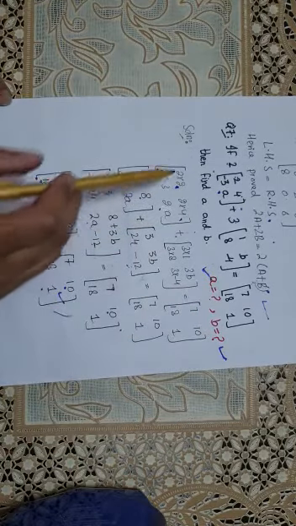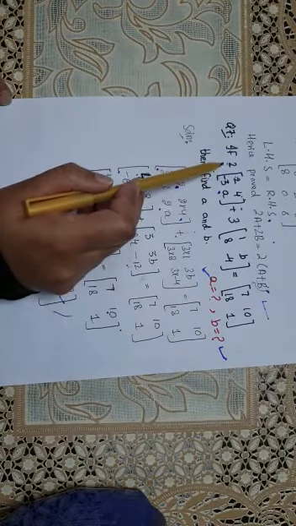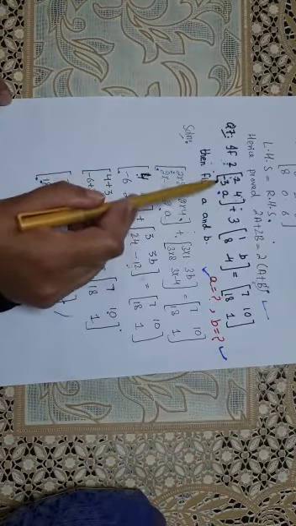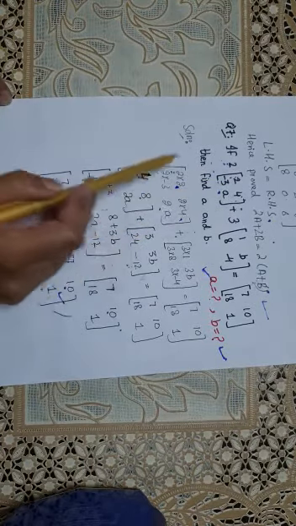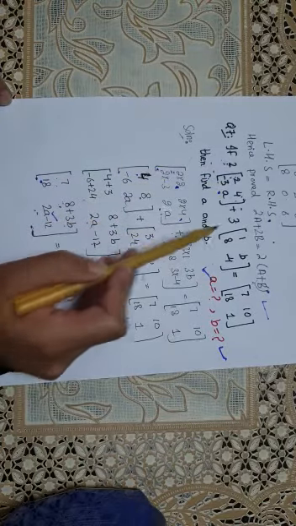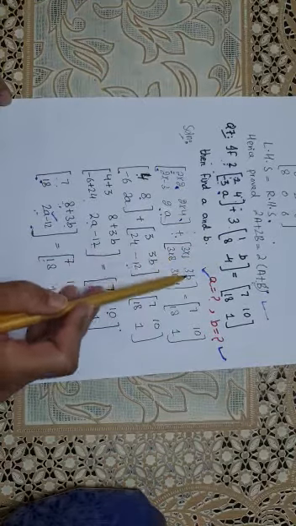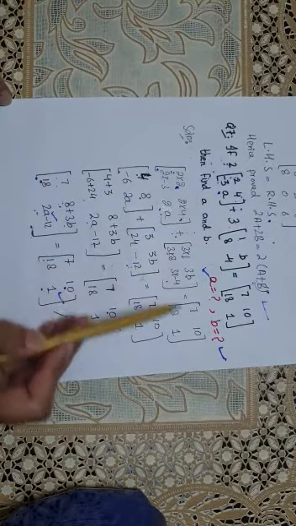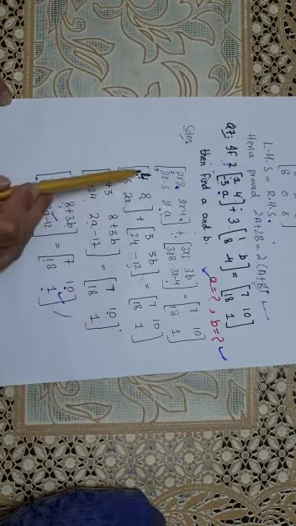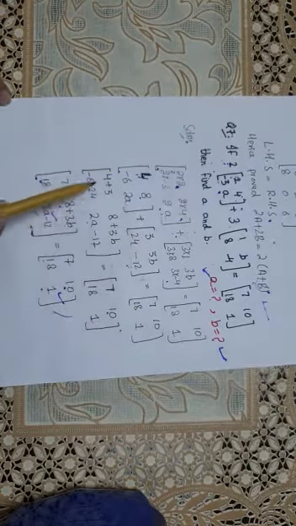To solve this question, first we see the left hand side: 2 multiply 2, 2 multiply 4, 2 multiply minus 3, 2 into a. 2 will be multiplied by all the elements of the matrix, plus 3 will be multiplied by all the elements of the matrix. After the equal sign, this matrix will remain the same. We will solve the left hand side first.